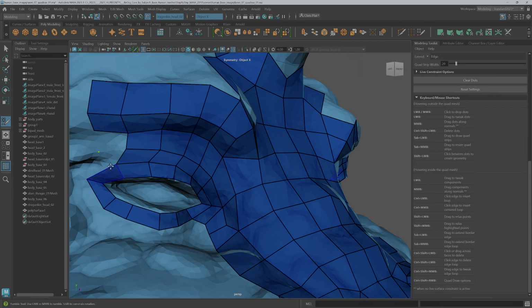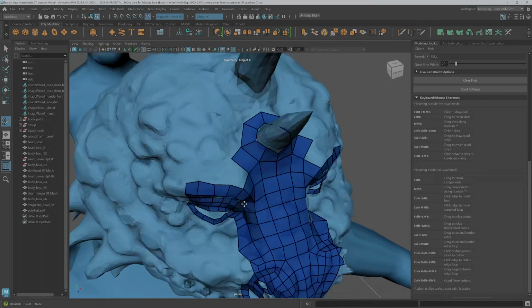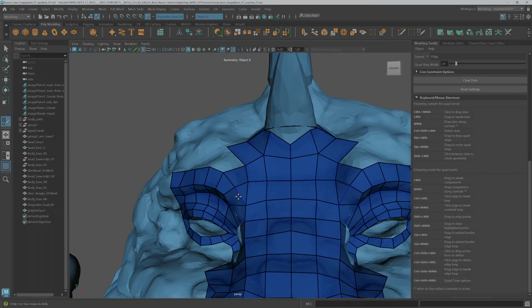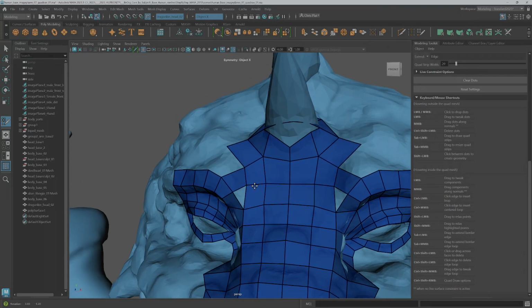See how I'm letting the higher detail region of the eye dictate how much I add up here in the brow region, right? So I have a triangle right here that I need to get rid of. So I'm just going to delete that triangle and this one for that matter. And then I'm just going to bring that around the side and then allow that to have a three spoke